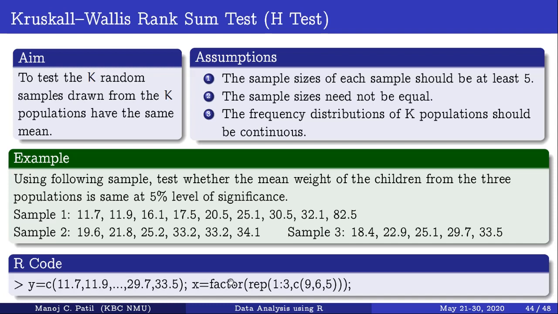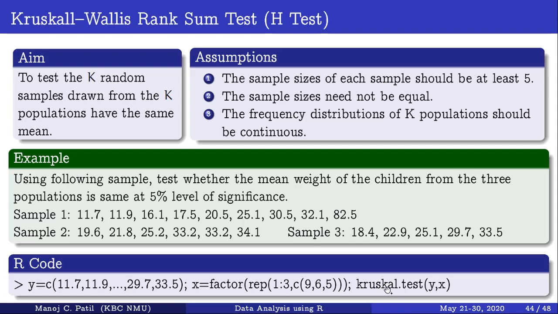So x is a grouping variable, y are the observations. Same thing we have done in the one-way ANOVA case. We used factor, y, and x, and we just used aov(y ~ x). That's it.